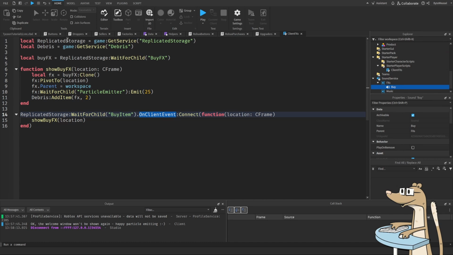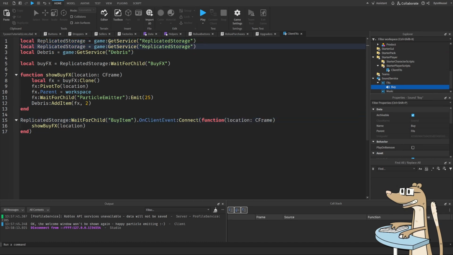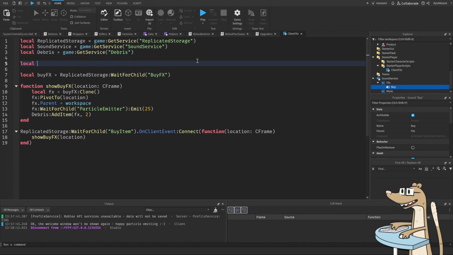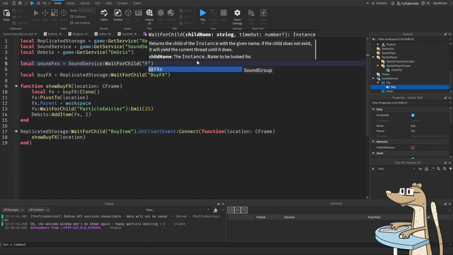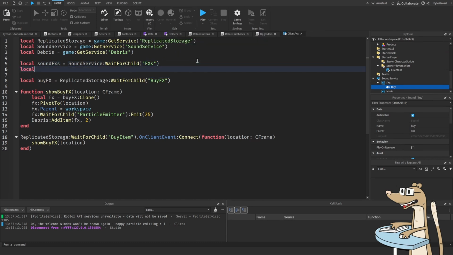So very similar to the replicated storage, we need to get access to now the sound service. So we can say sound service equals game:GetService sound service. Then we'll need access to the FX. So we'll call it sound effects equals sound service:WaitForChild FX. And then we'll get access to each individual sound in there. So the buy sound